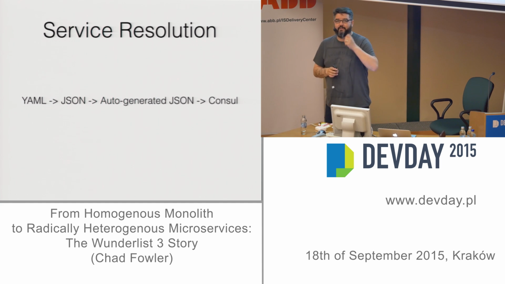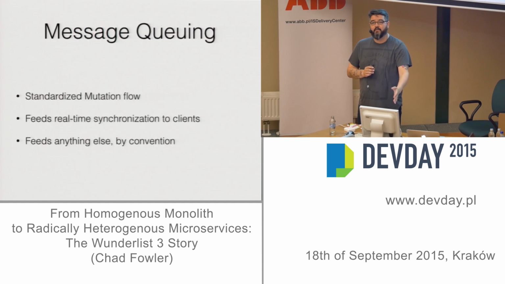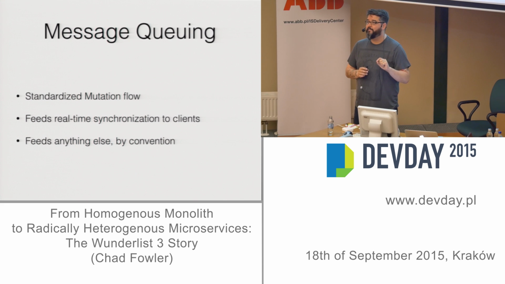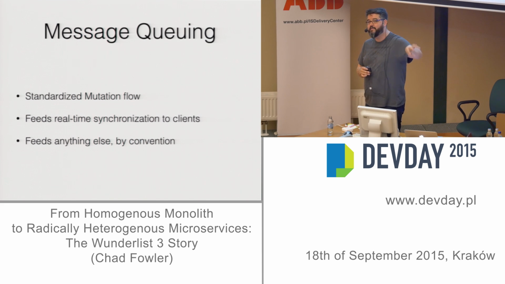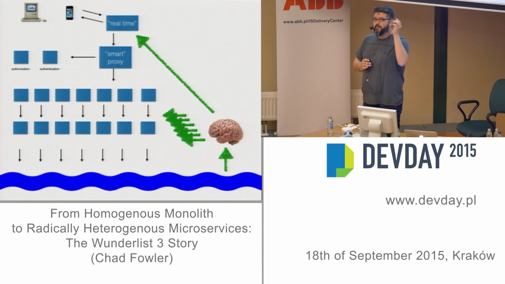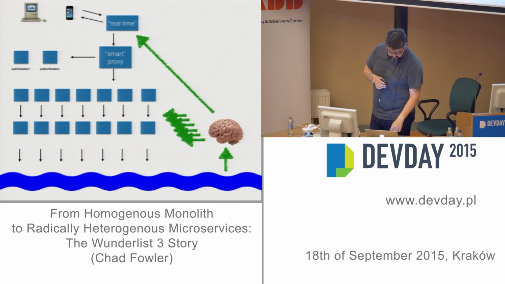Message queuing is an important part of our system. So what we wanted to do was feel synchronous with HTTP, but also get the benefits of asynchronicity. So that's why we put in that standardized mutation flow that I was talking about. So anytime you write anything, it goes into a message queue, and then it can be routed anywhere semi-intelligently. And it also routes out to the client. The clients can also issue HTTP requests through this WebSocket thing, and those are parallelized and then put together when they come back and sent back to the client. So the client can feel like it's completely asynchronous while the entire chain is synchronous up and down.